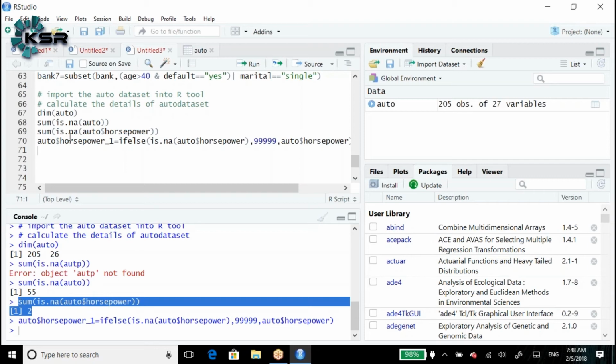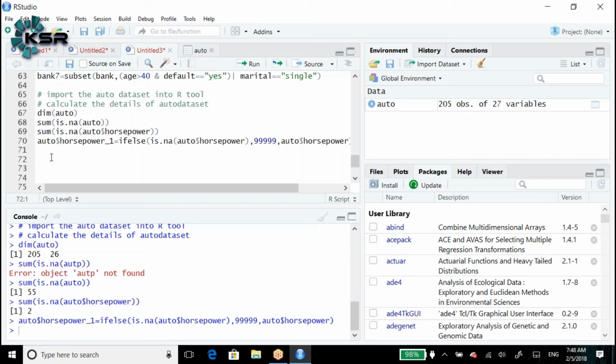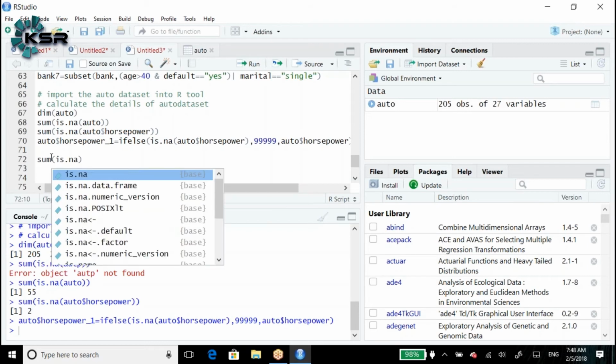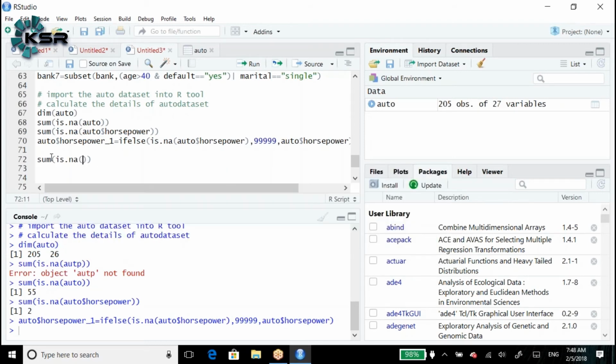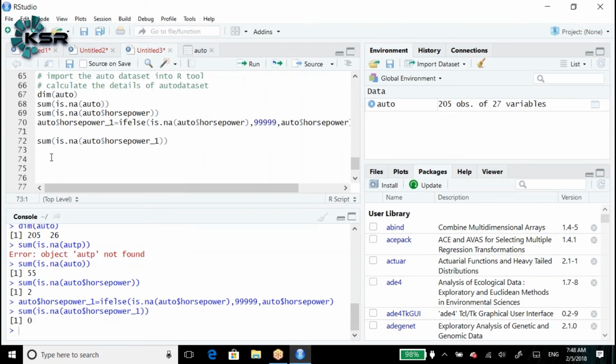Again, sum of is.na of auto$horsepower or horsepower_1, we need to check. horsepower_1, because that is the new variable, right? So we got 0.